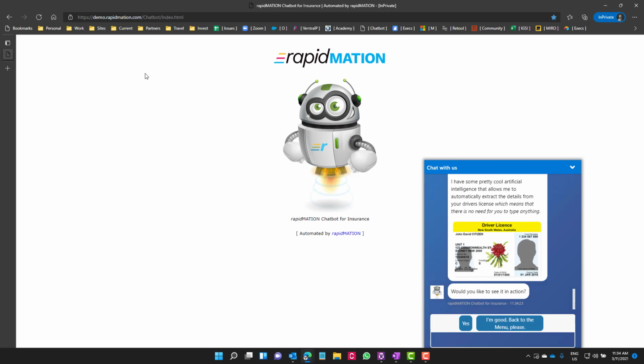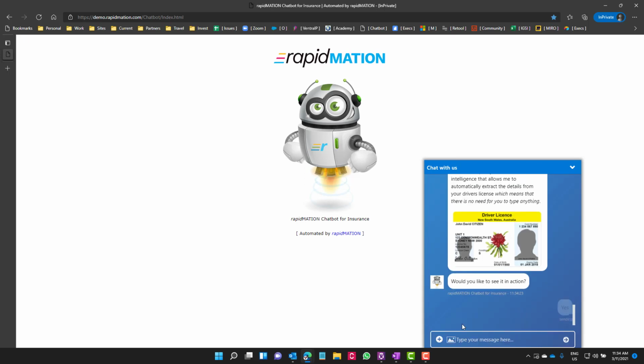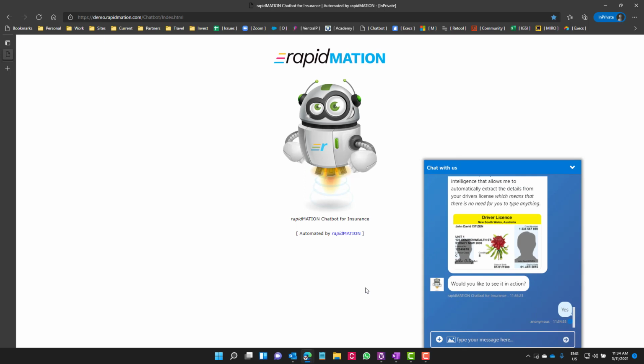And in this case, that driver's license image holds a number of great pieces of information that if we could extract and digitize that data, we could use this in our specific interaction with this customer. So the chatbot's coming back and saying, hey, I've got some pretty cool AI. Do you want me to automatically go through and extract the details from your driver's license? So we're going to say, yes, we absolutely do, because we don't want to